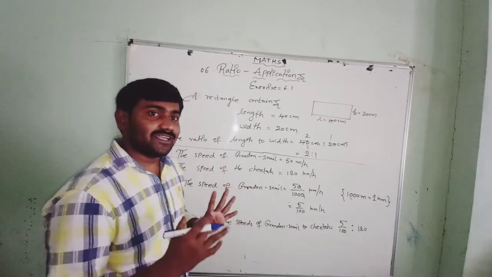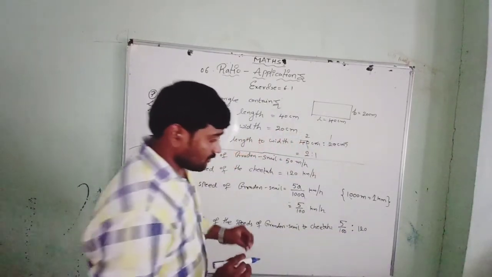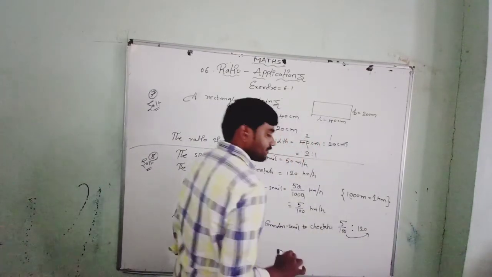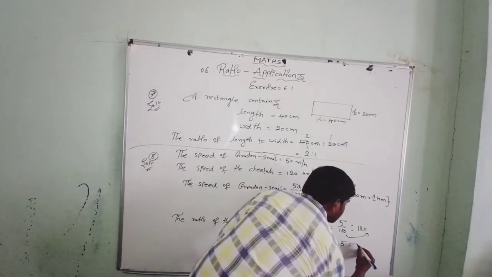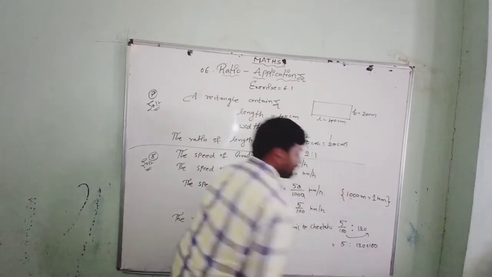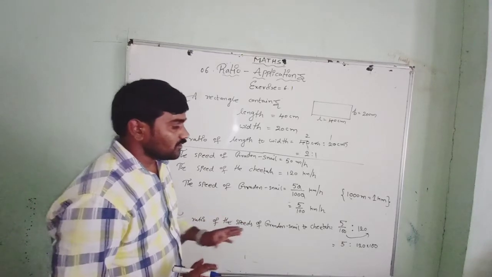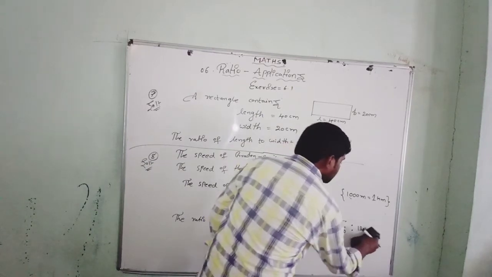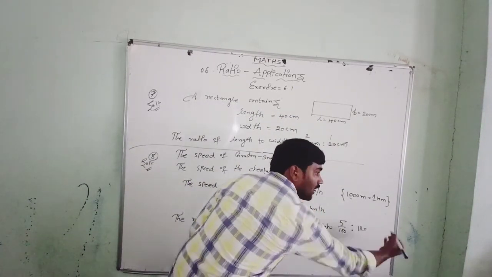Denominator lo undadu. Appudu em cheyali? Simple. If the denominator 100 should not be there, we simply transfer this 100, then it becomes multiplication. See, 5 is to this 120 into 100. In a ratio also we can do it like that. What you have to do is multiply by 100 on both the sides. You can do this step directly, or multiply by 100 on both sides.